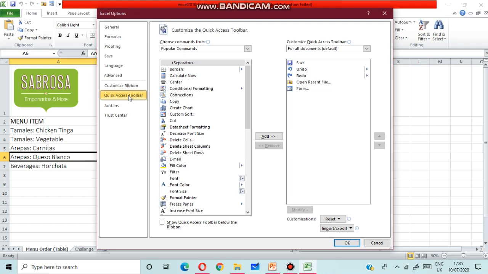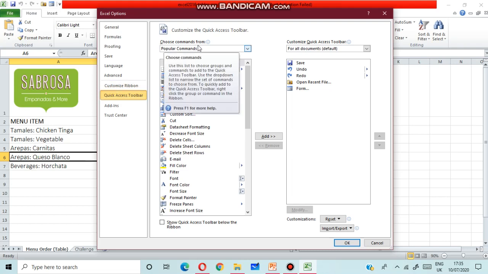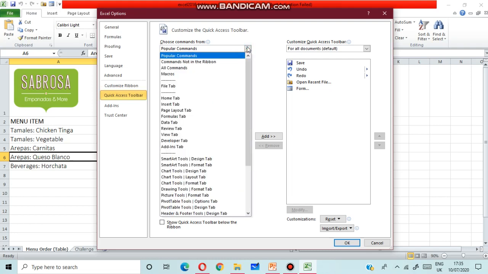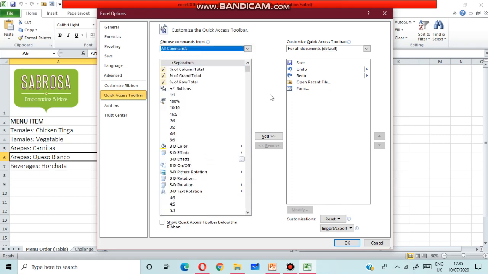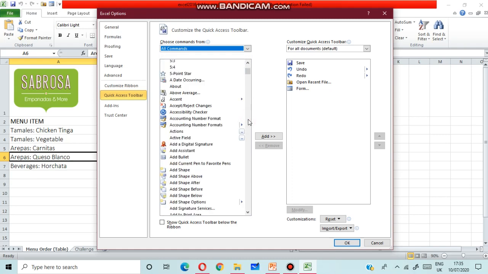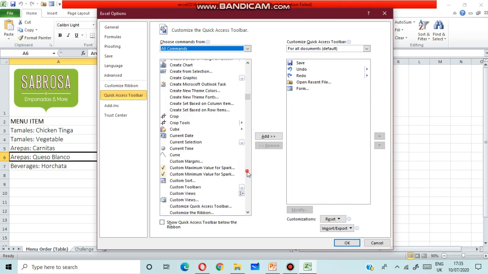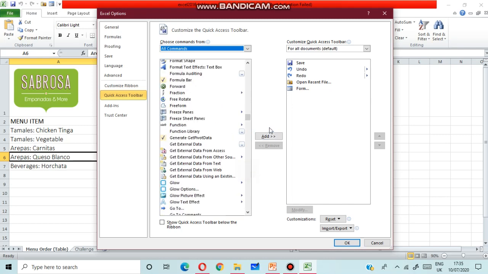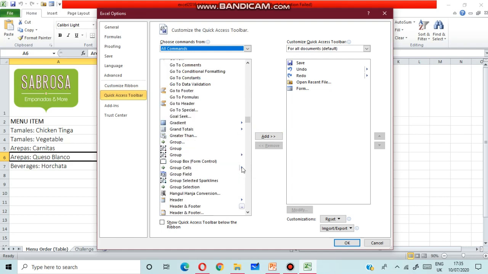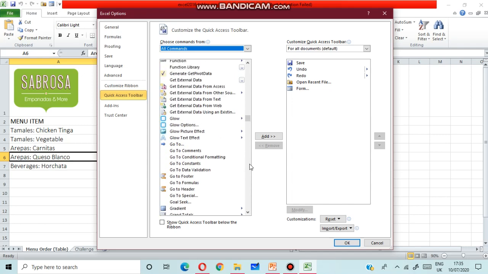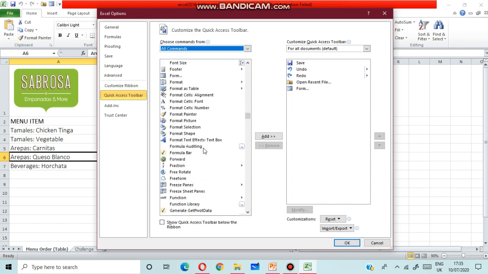When you click on quick access toolbar, there you can see choose commands from. There are different types of commands, but you have to click on all commands. When you click on all commands, there you can see form. You will use the scroll bar. Here you can see form.